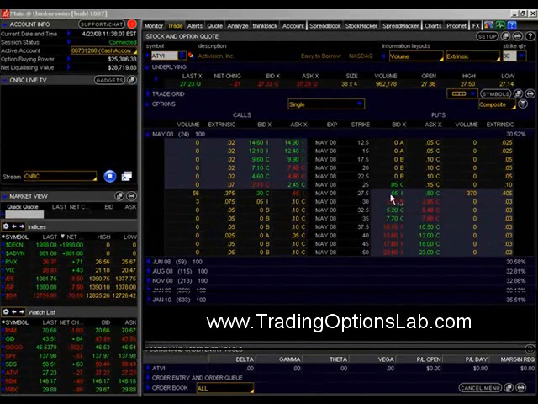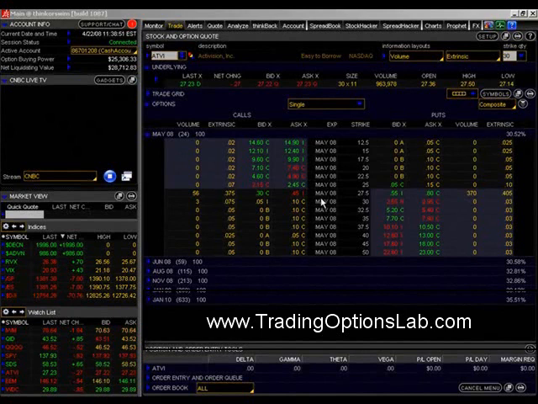If you were to purchase a put option, let's say you got it for 70 cents, not only would you have to be correct as to the direction of the stock, it would have to move down in order for you to make money, but your timing would also have to be correct because it would have to move down relatively soon in order for you to make money. Because there are only two absolute rules of the option markets. Those two absolute rules are, number one, prices will fluctuate. Yes, the underlying price of the stock will fluctuate and the individual option prices will fluctuate. Number two, the only other absolute rule of the option market is that these contracts will expire.